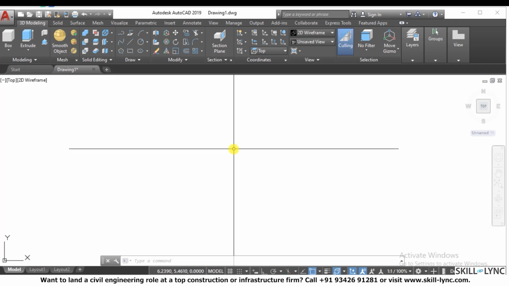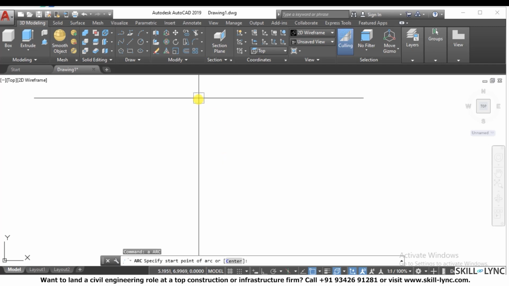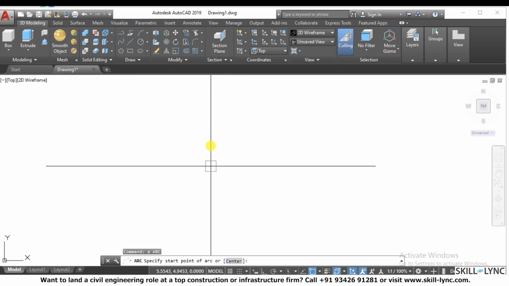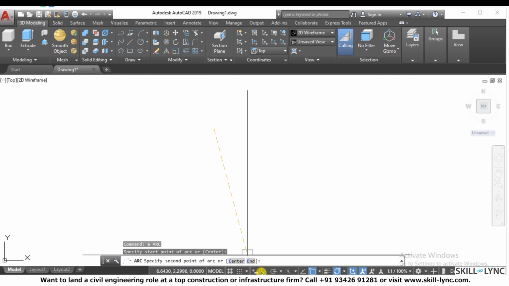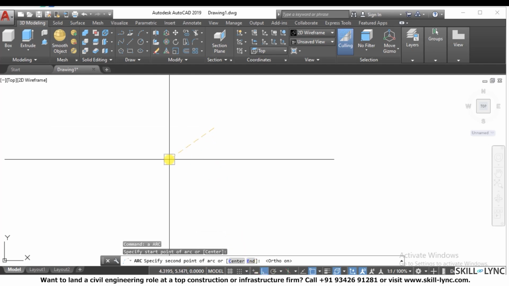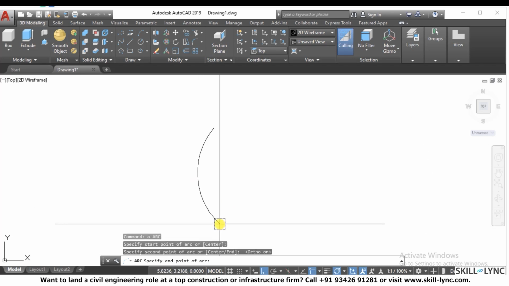So for example, let's take an example of an arc, start point and end point at the bottom, second point let's say here, and this is an arc,